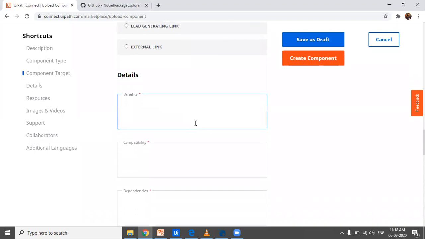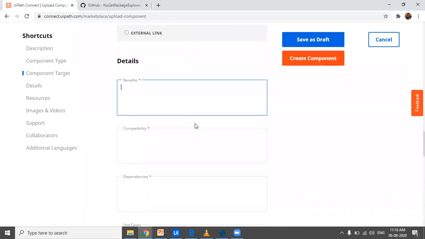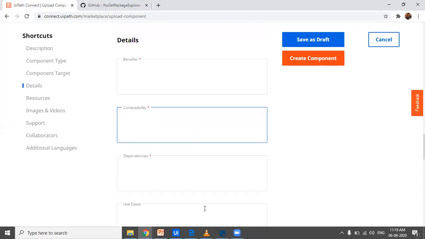Then the benefits, what benefit one could get if they use your custom activity. Compatibility: you have to mention that only users who have UiPath Studio above 2018 can use it, or above 2019 can use it. Accordingly you can provide the compatibility. Dependencies, you will